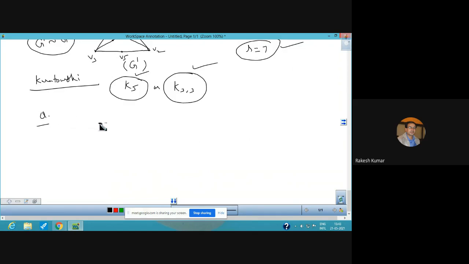The question is, determine the number of vertices, the number of edges, and the number of regions in the graph, and justify your answer with the help of Euler's theorem. This is the question we have. So plot a square. This is the square with the 4 vertices we have.